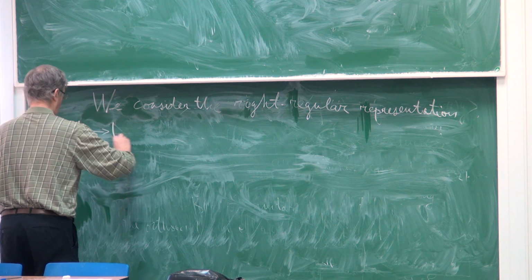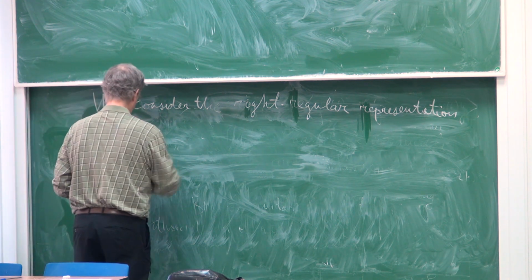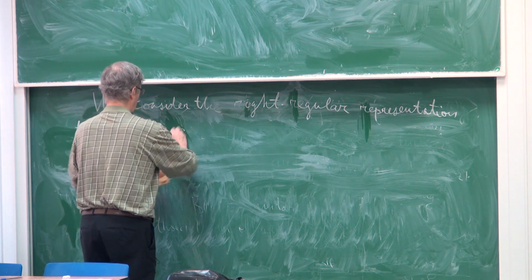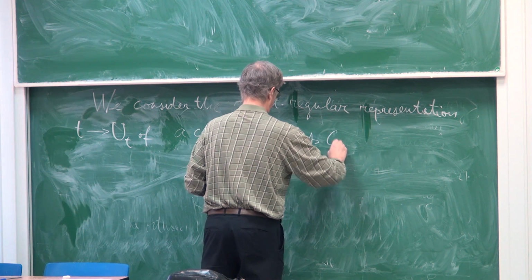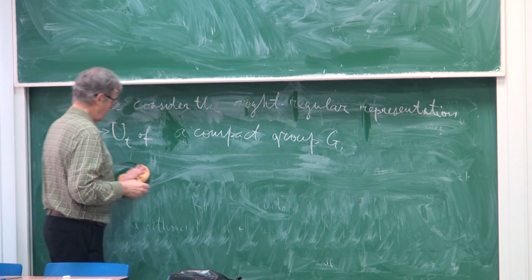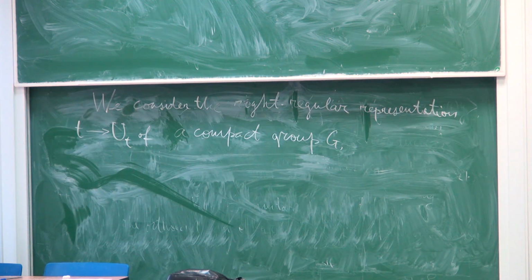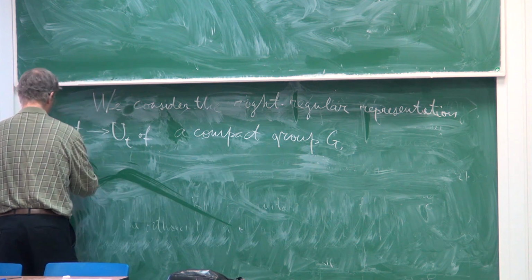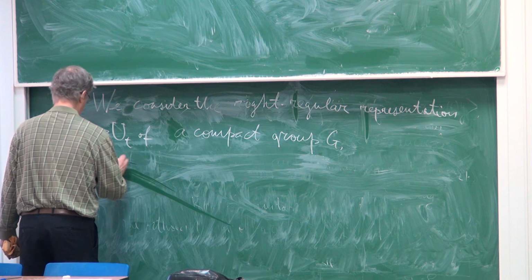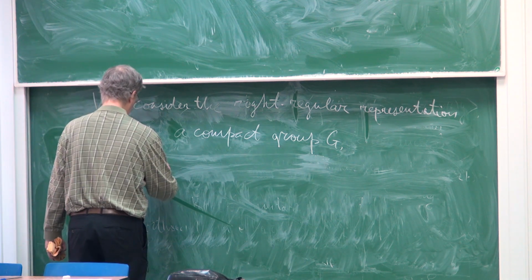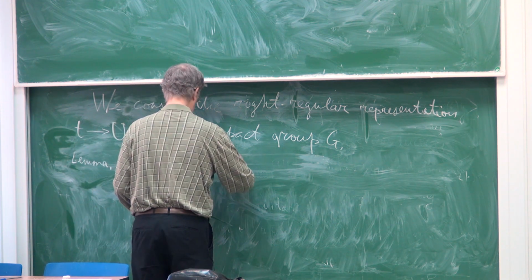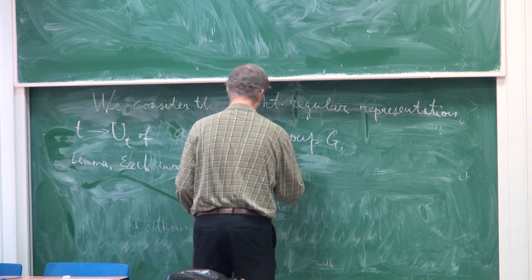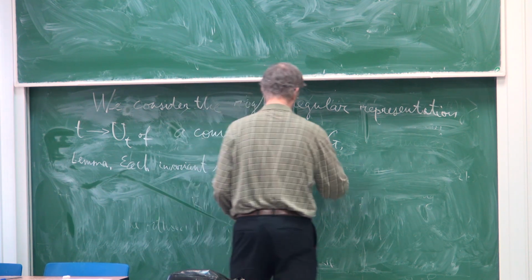T of a compact group G. Well, and okay, we want to do something with its invariant subspaces. Well, so lemma: each invariant subspace for this representation